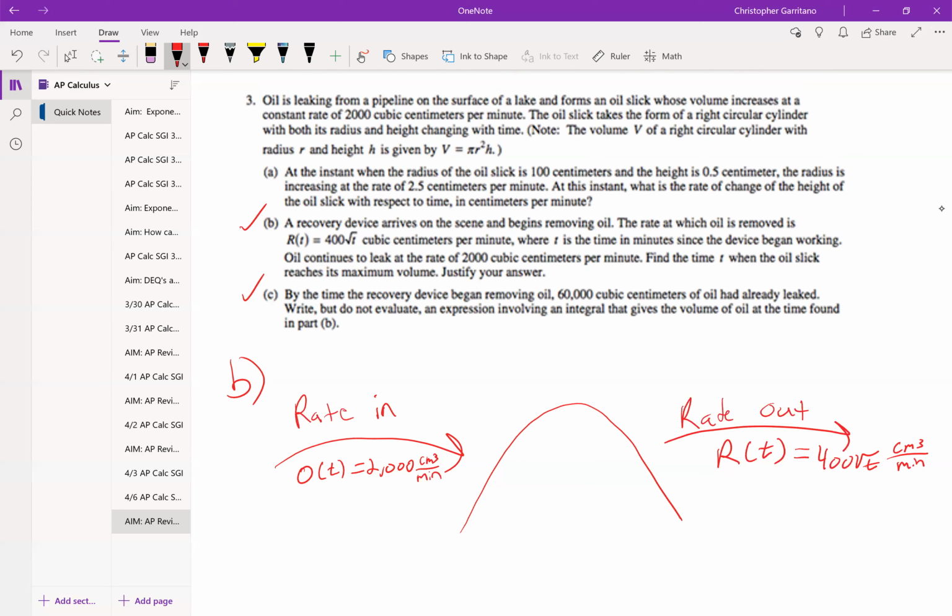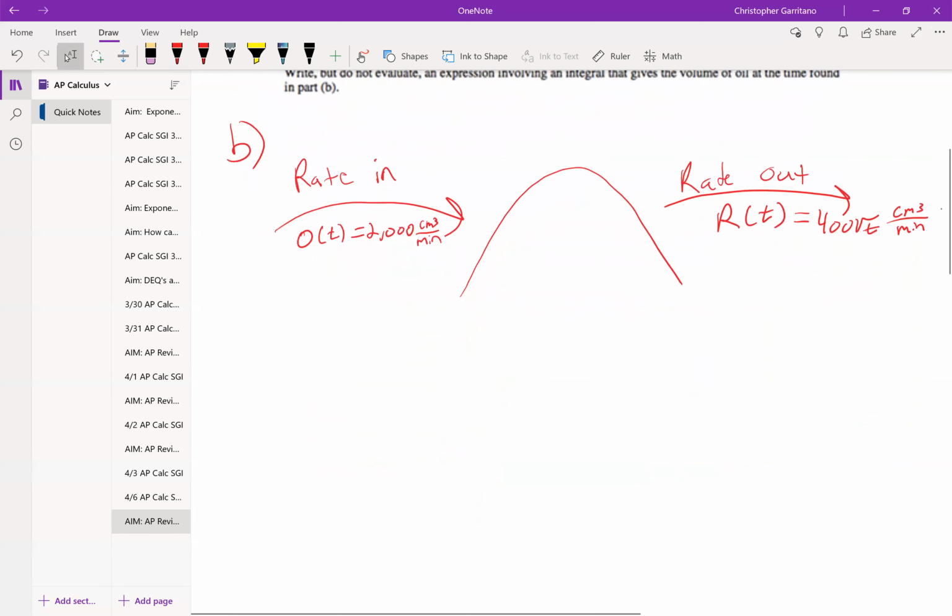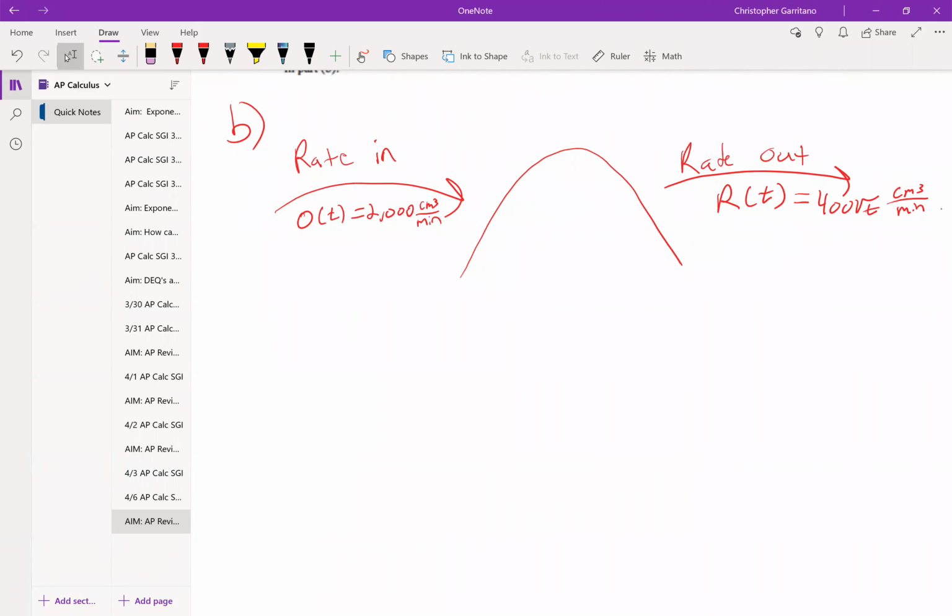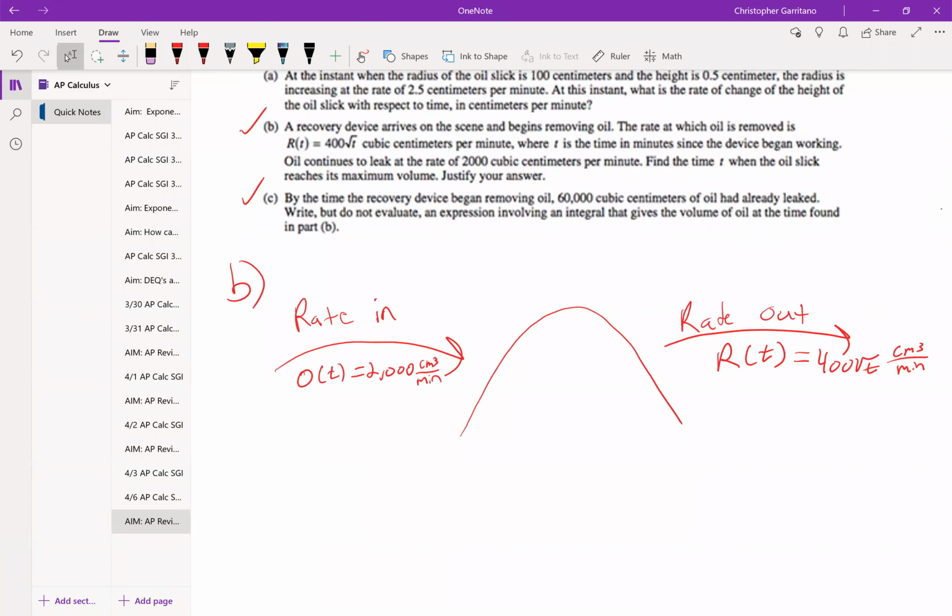You notice that O of T is constant. It's always 2,000 centimeters cubed per minute, whereas R of T is a function of time. So anyway, the question goes on to say,